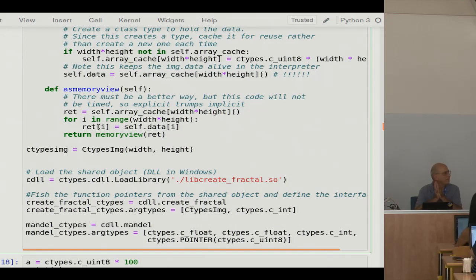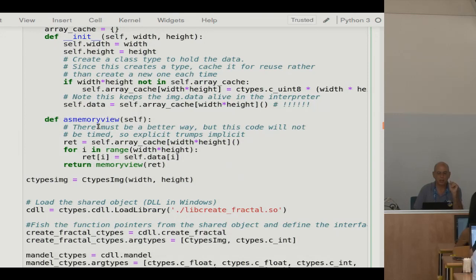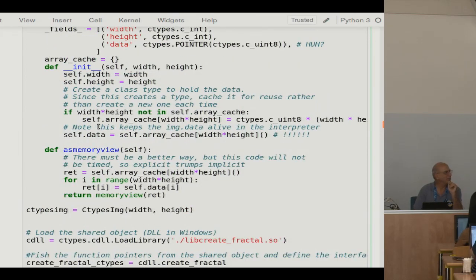Why did you decide to put the cache not as an object field, but as a class field? So why is the cache shared between them? The cache isn't shared. One of the first things that I did in Python was actually this type of allocator. And what happened was I made a new class every time I called an init. Okay, but I don't want to do that because that'll make hundreds or thousands. If I have 10,000 images that I'm going to work with, I don't want to create a new class each